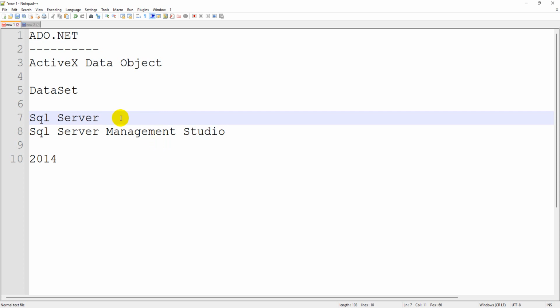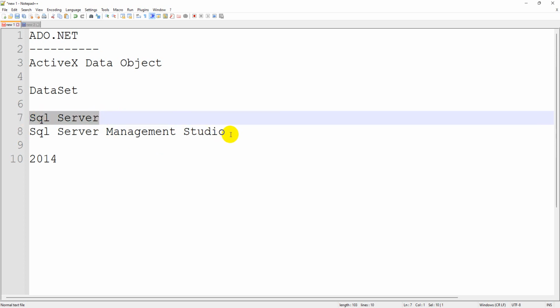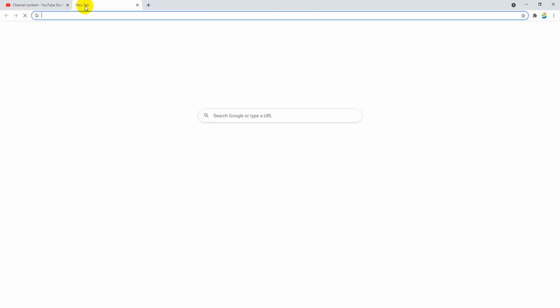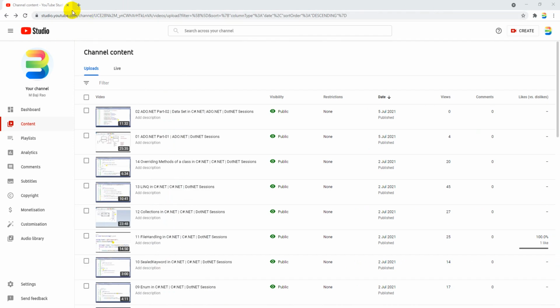Whenever they are installing, they have to install the server and Management Studio. This Management Studio will manage the servers. So on our computer, the server should be there and, in parallel, Management Studio should also be there. People who want to download this from the internet can download it like this. I am going to show you now.